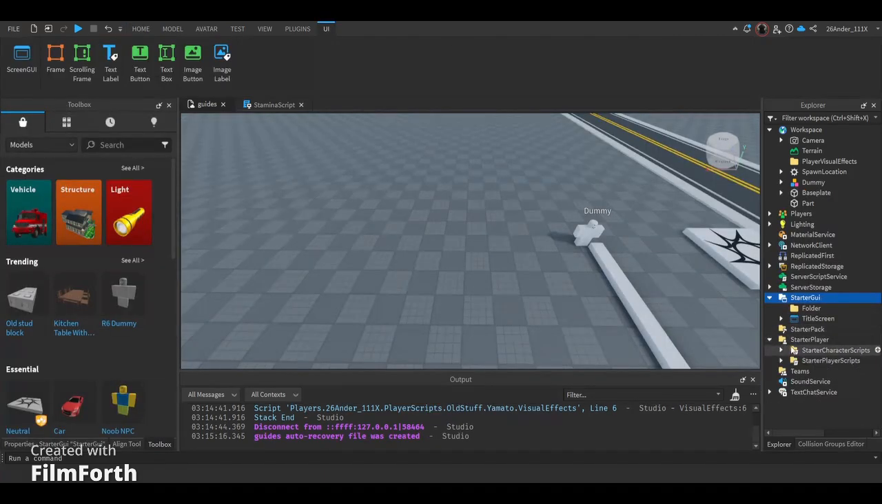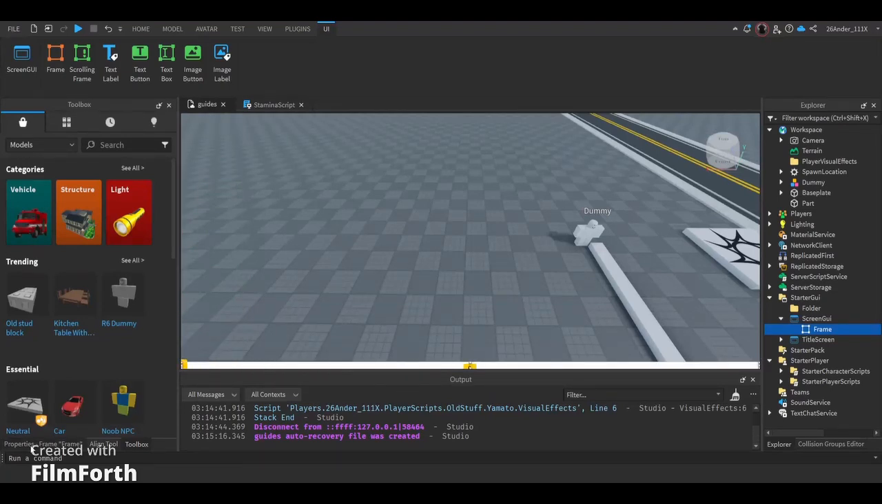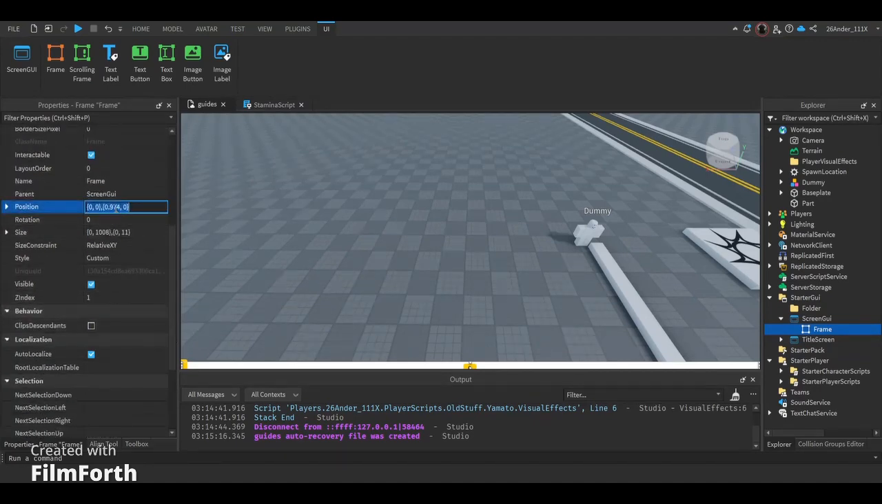Alright, now to create our GUI. So I'm gonna be making a screen GUI right here, and I'm gonna create a frame. And this frame is just gonna be a bar at the bottom, and I'm just gonna have it stretched all the way out here. And the nice thing about this is the stamina, I can just scale it off